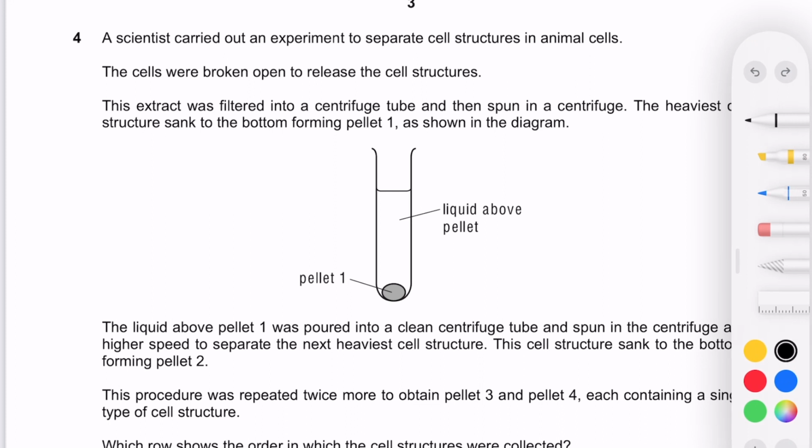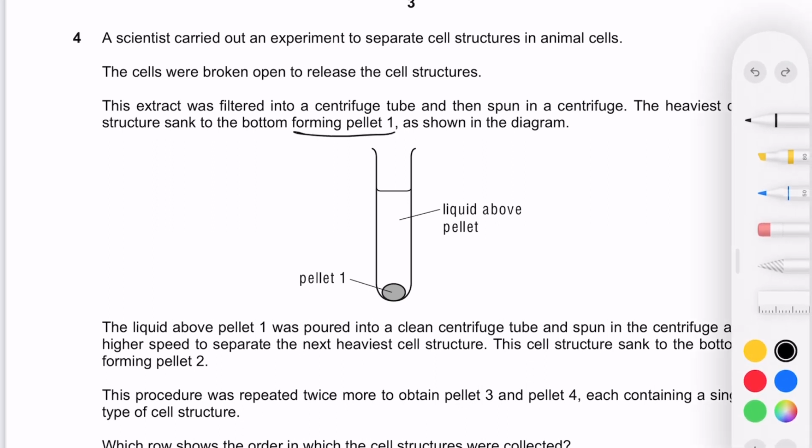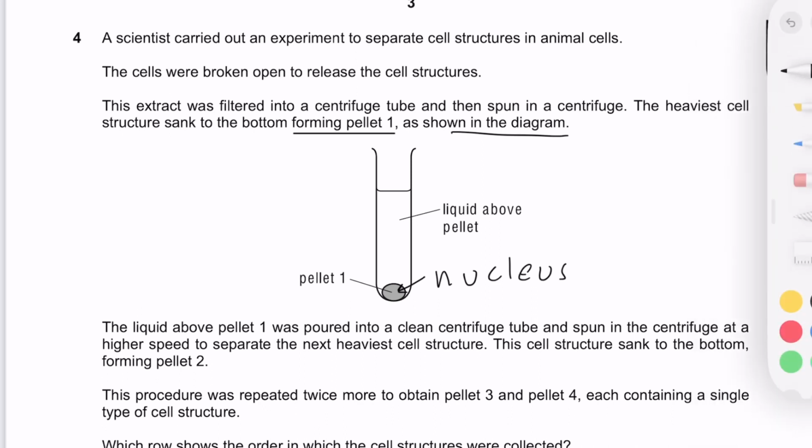Next question. A scientist carried out an experiment to separate cell structures in animal cells. The cells were broken open to release the cell structures, and the extract was filtered into a centrifuge tube and then spun in the centrifuge. The heaviest cell structure sank to the bottom, forming pellet 1, as shown in the diagram. This is most likely going to be the nucleus, considering it's an animal cell and the heaviest structure is the nucleus. The liquid above pellet 1 was poured into a clean centrifuge tube, so we took the fluid remaining by filtering, and we poured it into a clean centrifuge and spun it at a higher speed